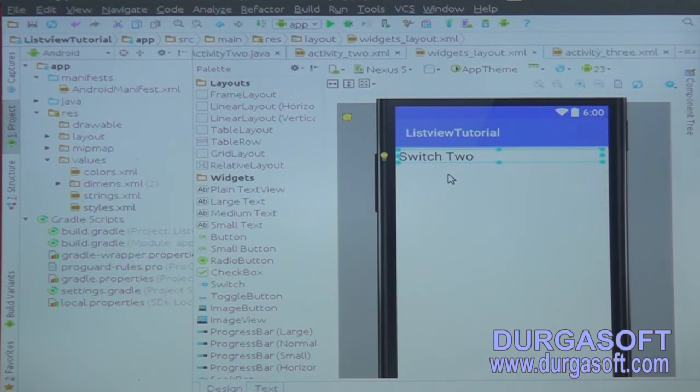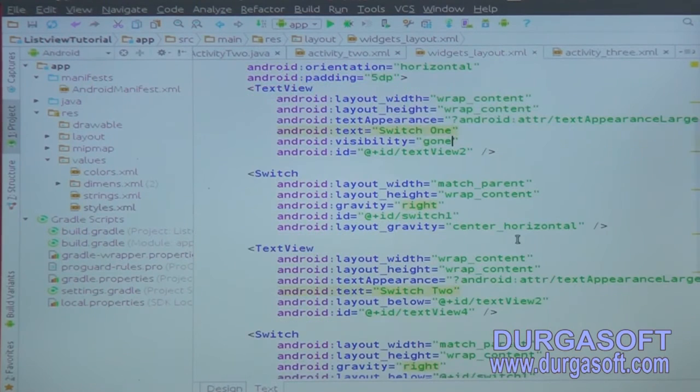You have to make sure that when you want to make something invisible or visible or gone, none of the views gets scrambled or crumbled. Beside one option you see the other option coming, and that will completely mess up your layout. So in order to fix this issue, I can give this one more